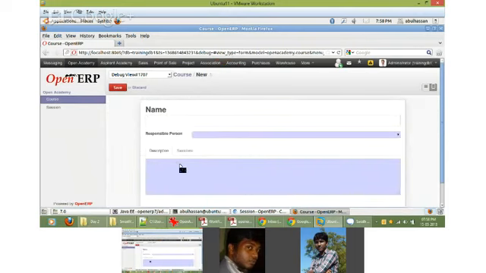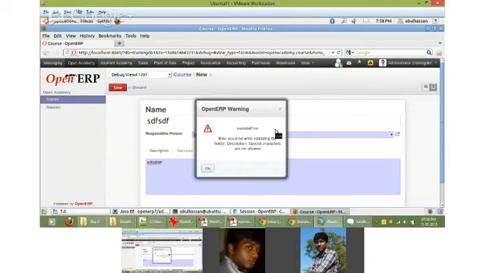If I write "mandatory", it's going to give me an error. See the error it is giving: "Error occurred while validating the field", and it is giving the field name as description, and special filters are not allowed.